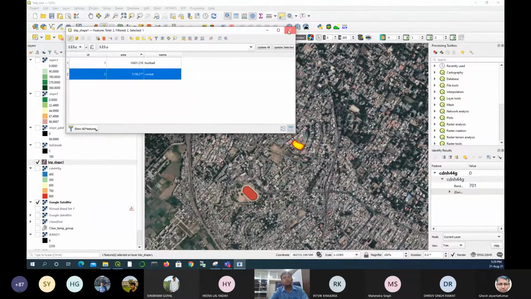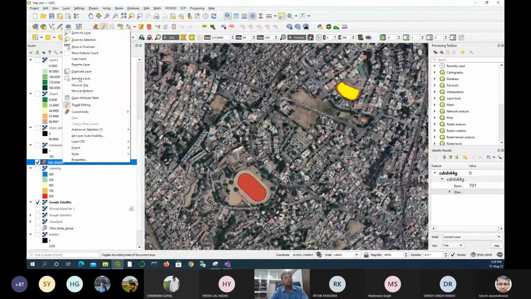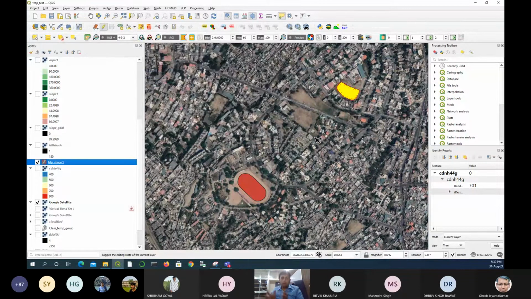Okay, so that's how you create, and you can add the attributes. So if somebody is interested, you can calculate what is the mean slope, and you can also create some other IDs here as well. So you can always create some more information. Okay, so that's how we create a polygon vector shape file.